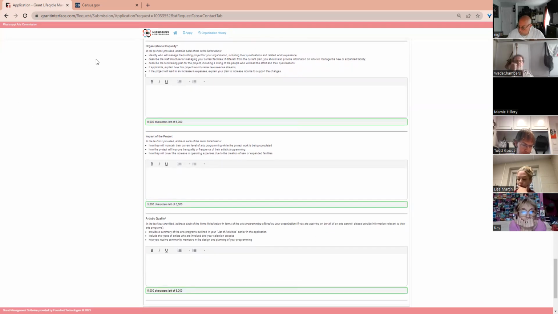Your organization's capacity is where we're looking at how likely it is that this project will be completed within the time frame. So it's looking at who's going to manage the building project, the staff structure for the current facility, and if that will change depending on the expansion or construction of a new facility, identifying your fundraising plan, and if applicable, for example, the new expansion on your space allows you to collect